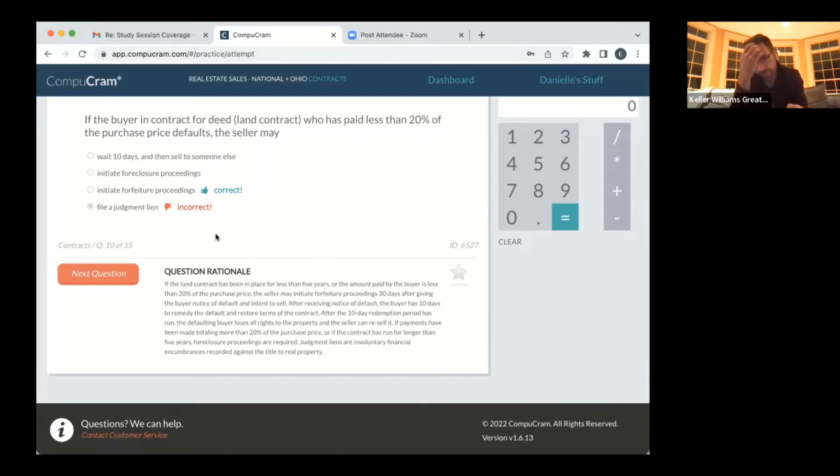Well, perfect. All right, so if a buyer in a contract for deed, land contract, who has paid less than 20% of the purchase price defaults, the seller may initiate foreclosure proceedings. And here's why. If the land contract has been in place for less than 5 years, or the amount paid by the buyer is less than 20%, that's the key here. It's been paid less than 20%. If it's over 20%, it's a different story. So under 20% or less than 5 years, remember,